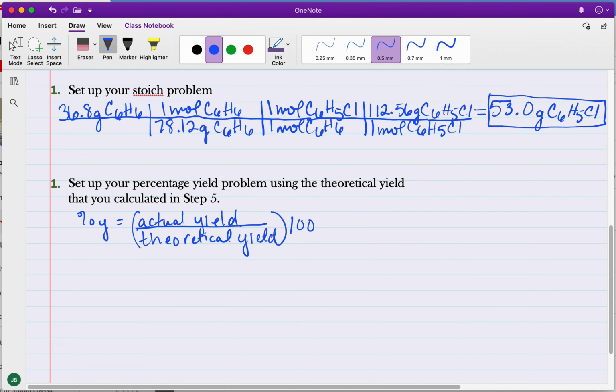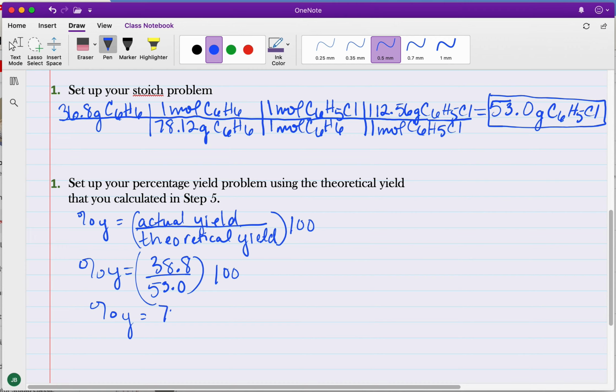So let's put our numbers in. So percent yield is going to be, let's see, 38.8 over 53.0. And once again, don't forget to multiply it by 100,